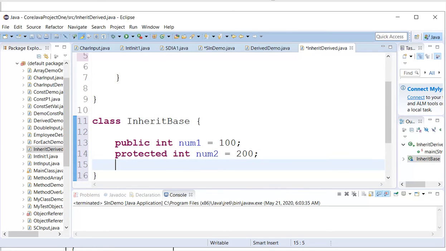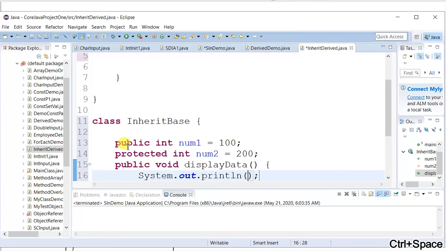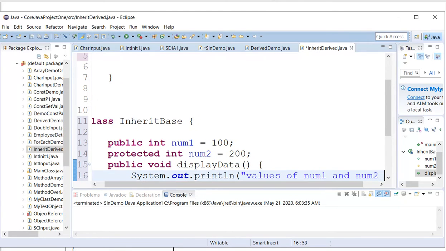Now, let us say public void display data is a method, and in this method we have to display number 1 and number 2. So, values of number 1 and number 2.